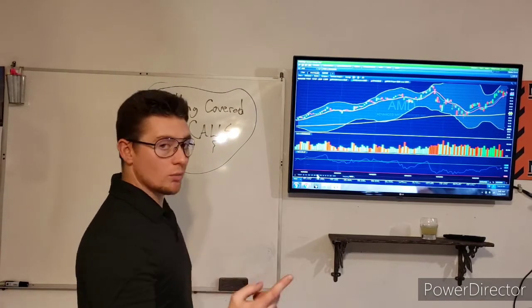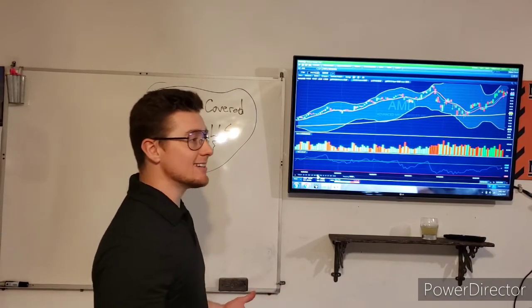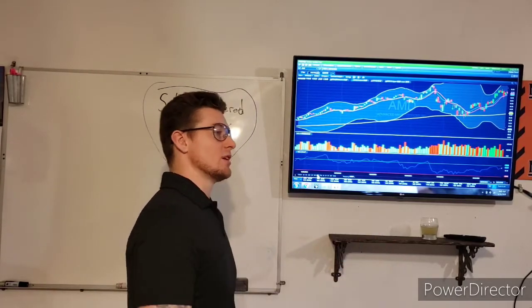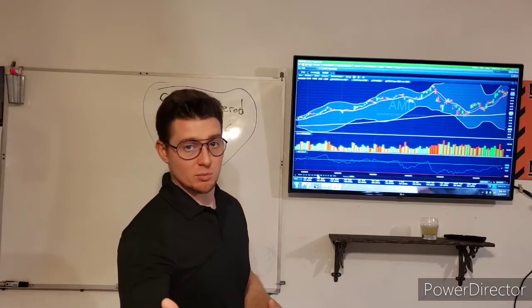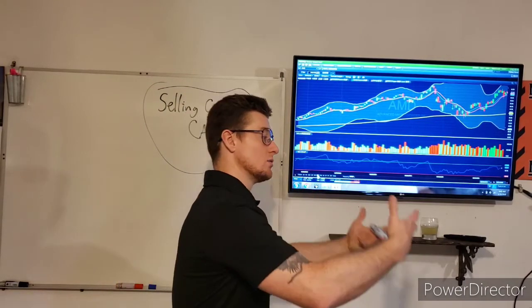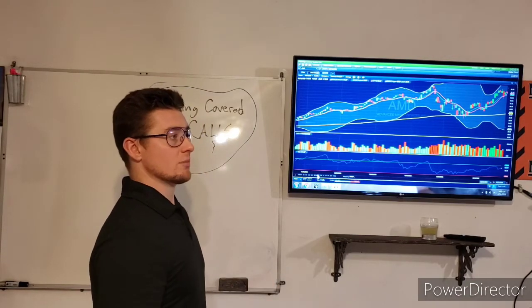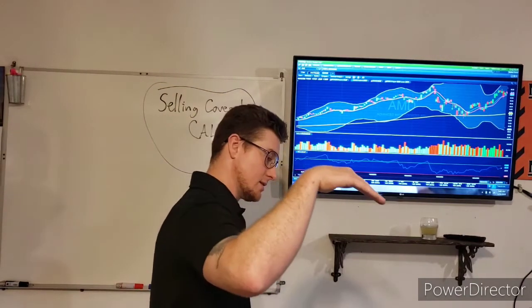There really is only one way to lose in these positions, and that is if the shares go down, if the shares go to zero, if the company goes bankrupt. So these are things that you need to think about, which is in the book. You need to look at shares that are actually going to be worth something in the next 5 or 10 years, because you don't want something that's going to be on a slow downtrend like this,